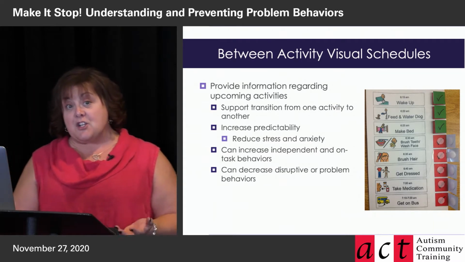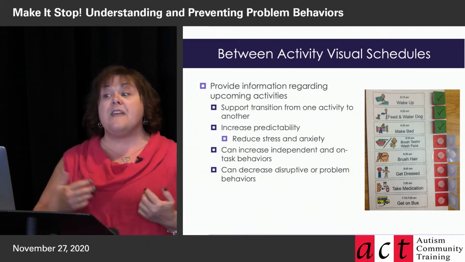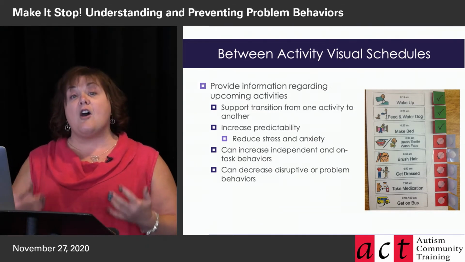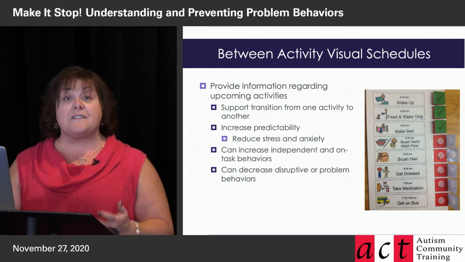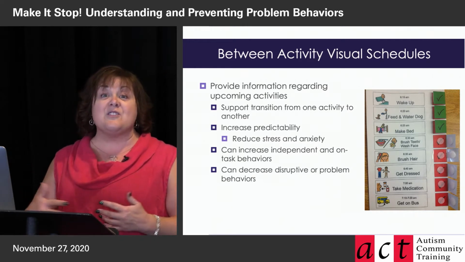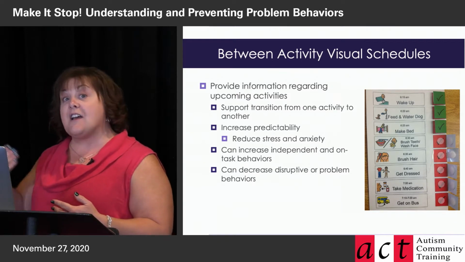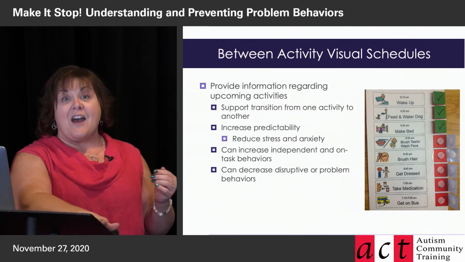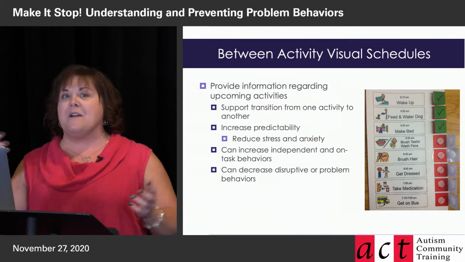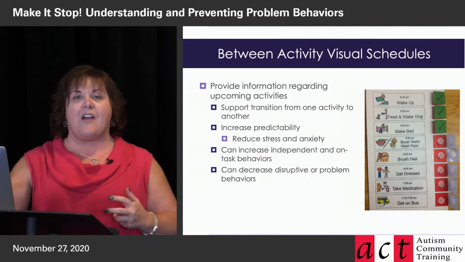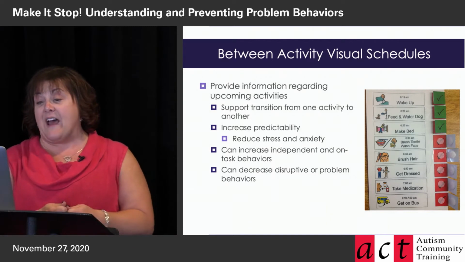So these are the kinds of schedules where we're providing lots of information to people so that they can see what's coming up. They can make predictions. It helps with transitions from one activity to the next. It can certainly reduce a lot of the stress and anxiety that comes when there's a lack of predictability. And again, just think to a time when, in the old days, you lost your paper planner, or your battery dies on your phone and you can't access your calendar, and you've got a meeting, but you don't have a plug-in and you're out somewhere and you can't remember where you're supposed to be, okay? So that kind of stress, we can help with that.